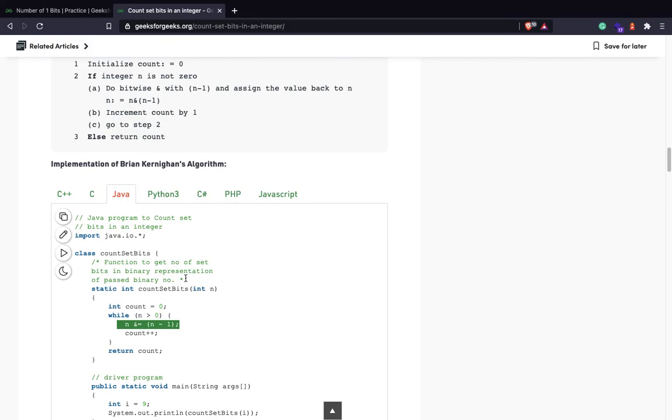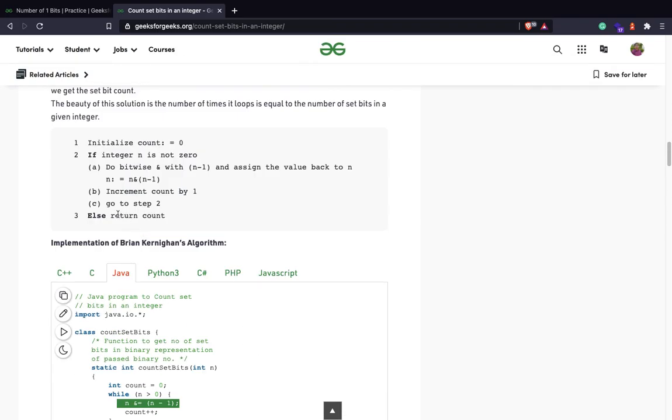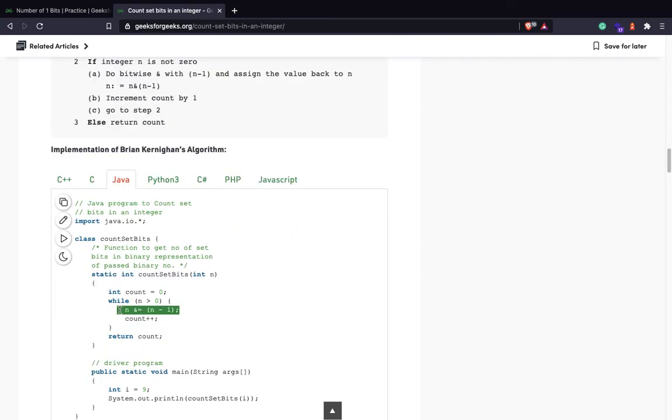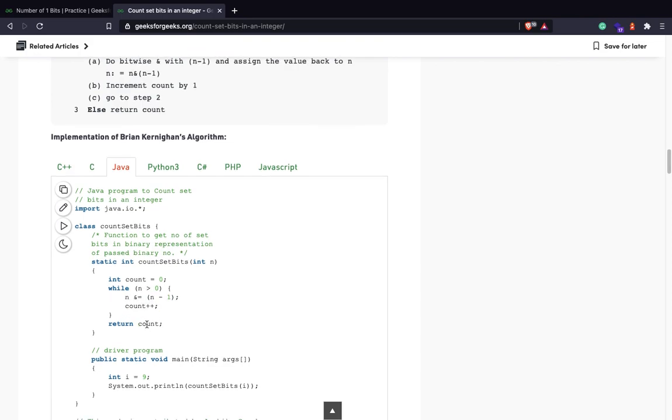It will only change the rightmost set bit, as I told you above. After this expression we'll increment the count and loop till the number becomes 0, and the answer would be in the variable count and we'll return it.